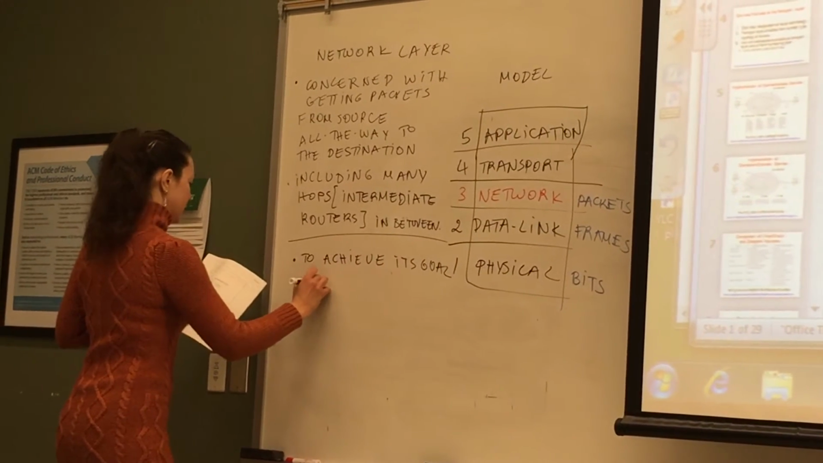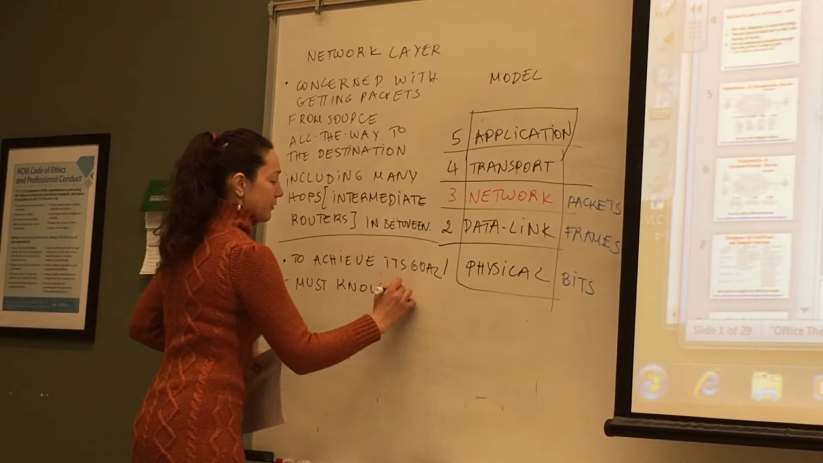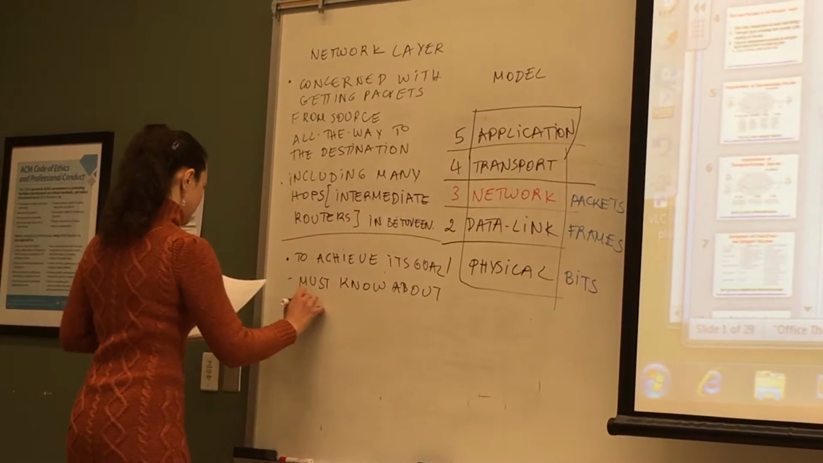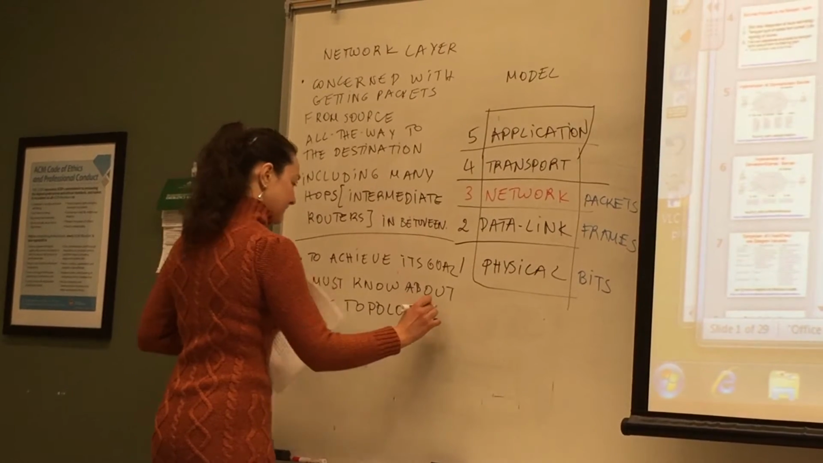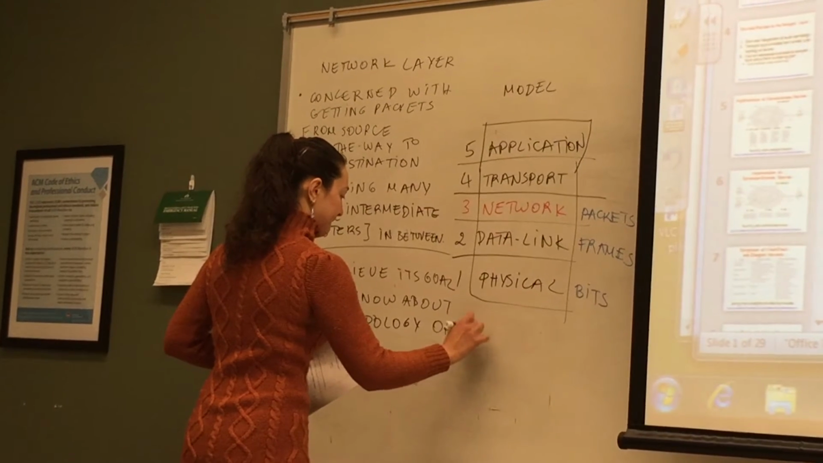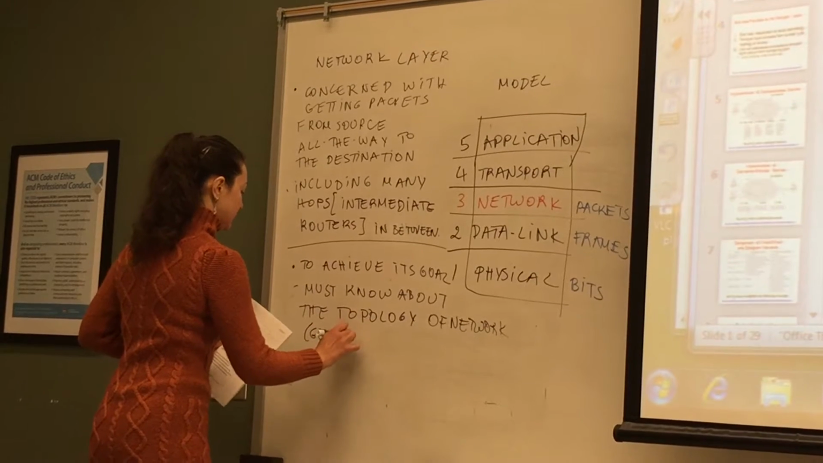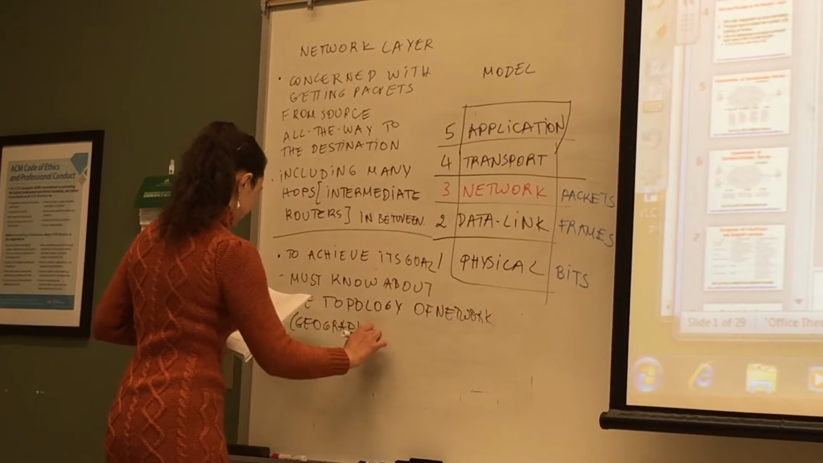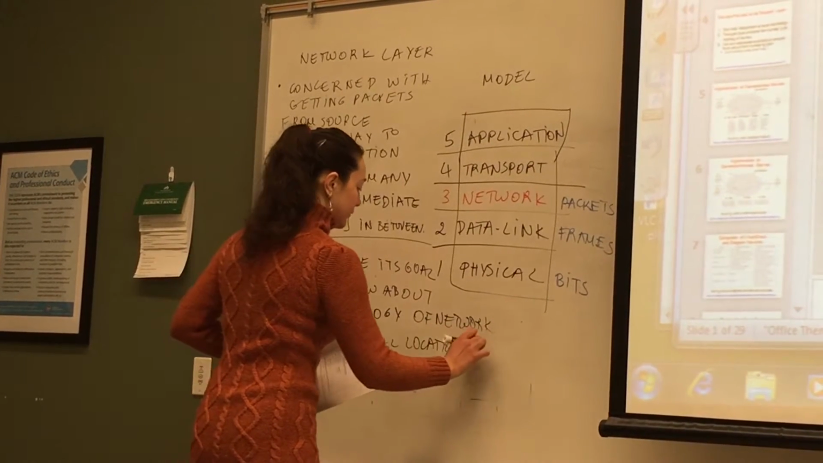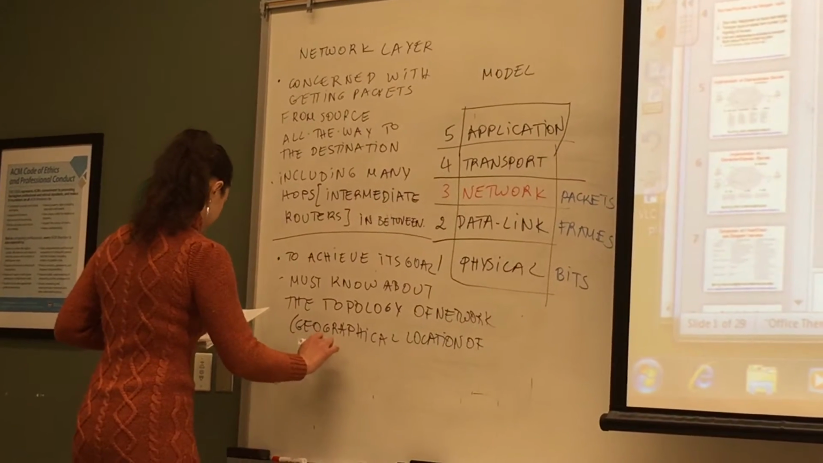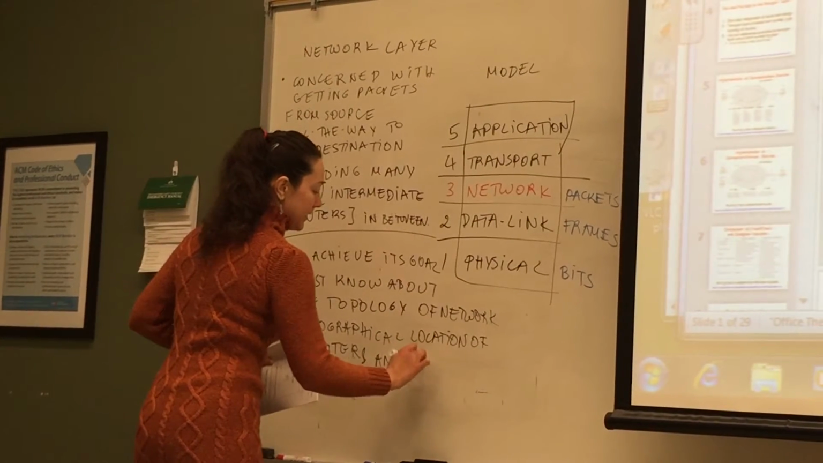The network layer must know about the topology of the network, which is the geographical locations of the routers and links on this network,